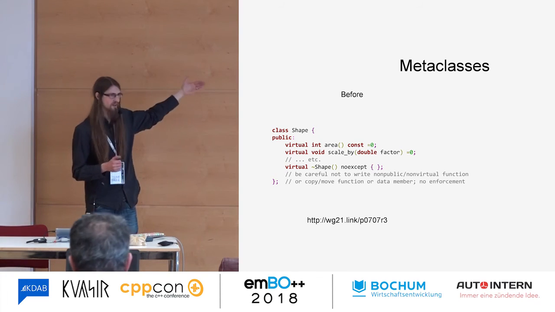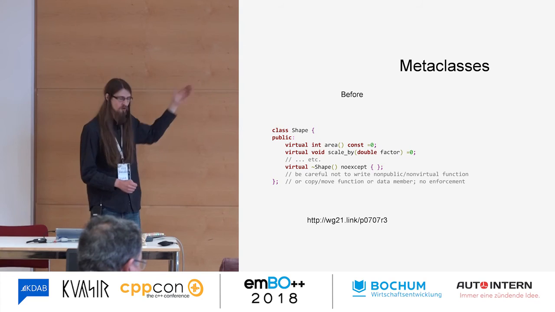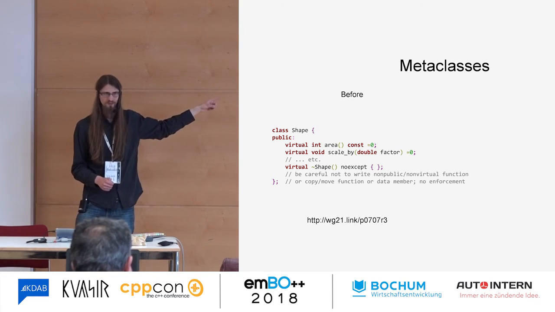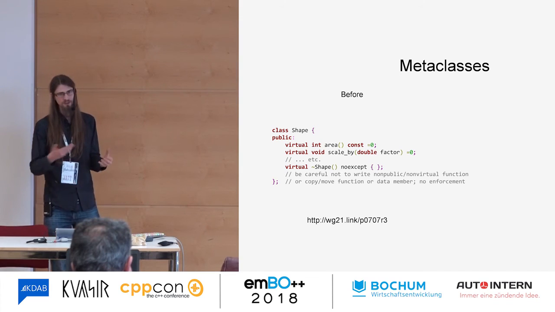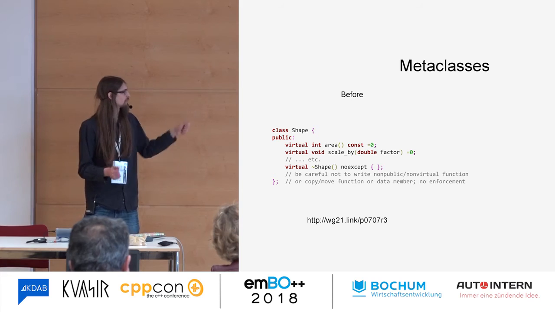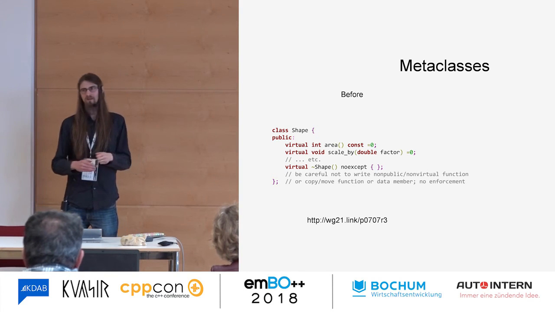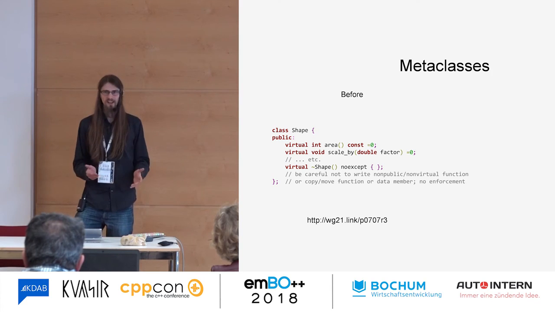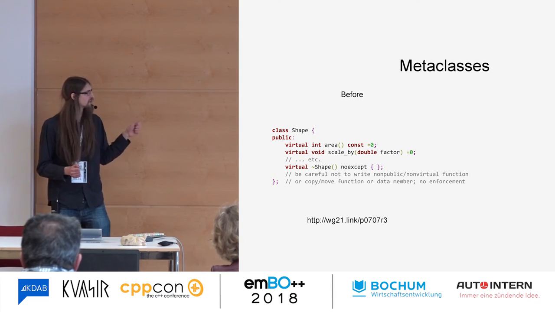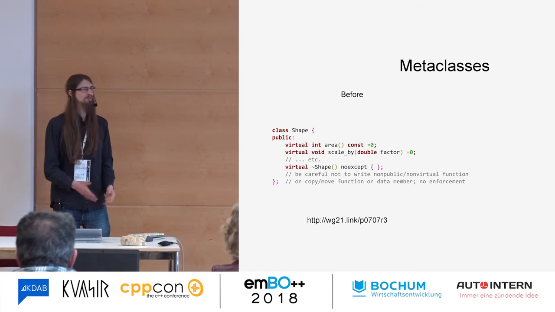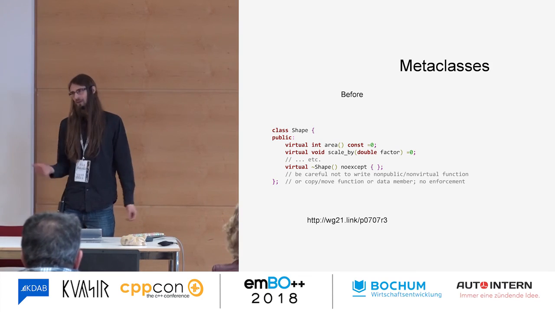So we should only have virtual functions. They should all be pure virtual. We need to have a virtual destructor so that we make sure that all the destructors are called for derived objects. And we need to be careful not to write any private functions or member data or things like that. But none of this is going to be enforced by the compiler. This is all probably going to be enforced through code review or something like that.